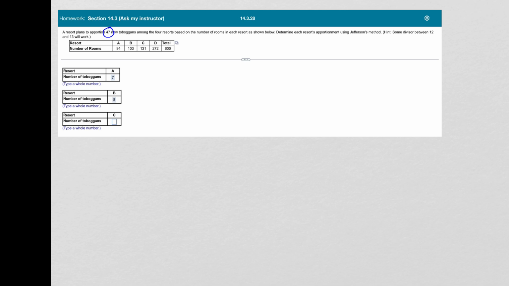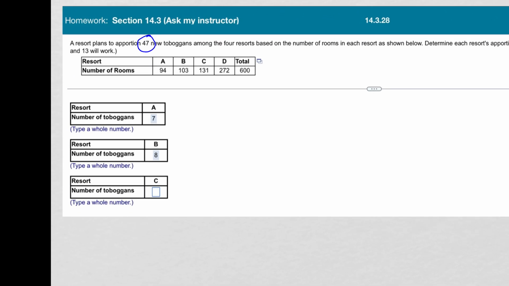So if the divisor that I need to use is going to be between 12 and 13, I'm going to start with 12.5, and we'll see if that works. We don't know. Okay, so I'm going to enlarge this a little bit. And we do have one other resort down here. So I'm going to write Resort D, and then how many toboggans. Okay, so if I'm dividing by 12.5,